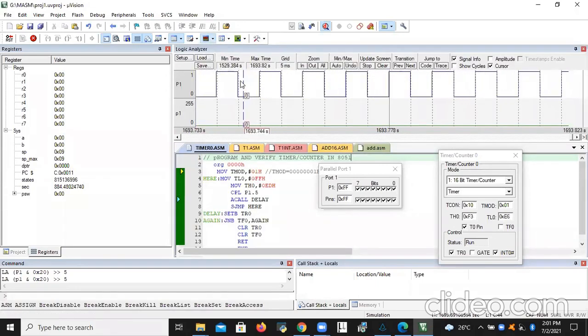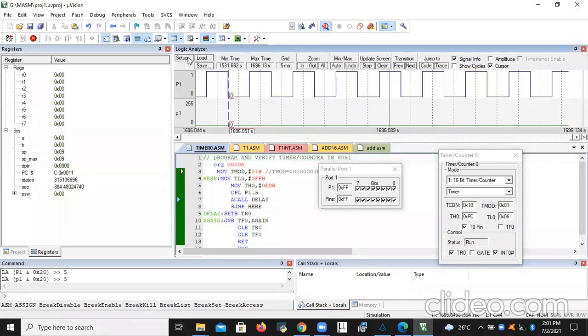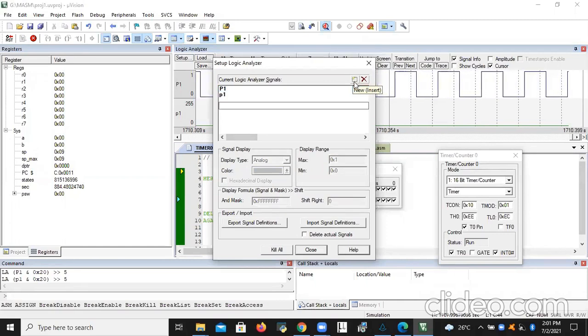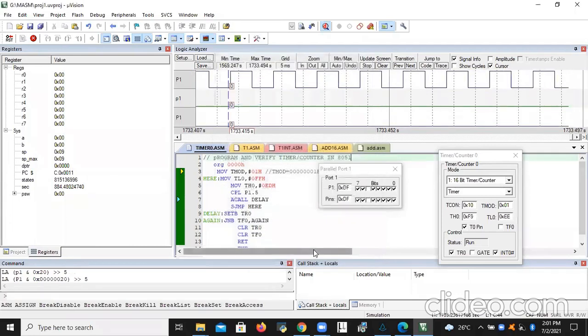In the logic analyzer, go to the setup and you need to give the port name. Click and type the port name, P1.5. You need to select this, and after that, close.